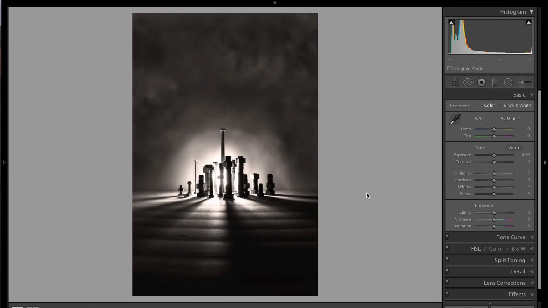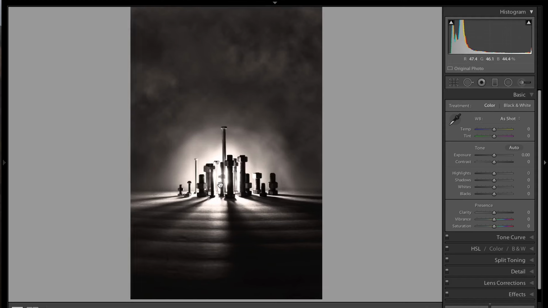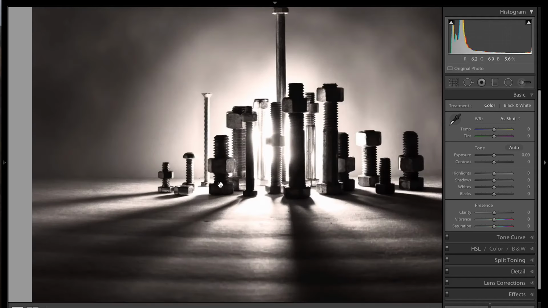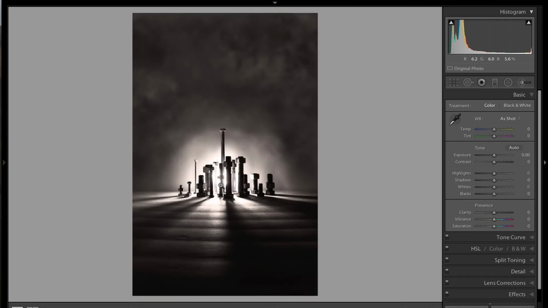Alright. And here we have an image by Heather. And because I stole this image, I don't have any EXIF here. I did look at the EXIF and I didn't see any issues with the settings used. And I really like this image. It's a neat concept. When I look at this image, the first thing I see is obviously it's definitely a shadow image. And it has a great feel to it, but